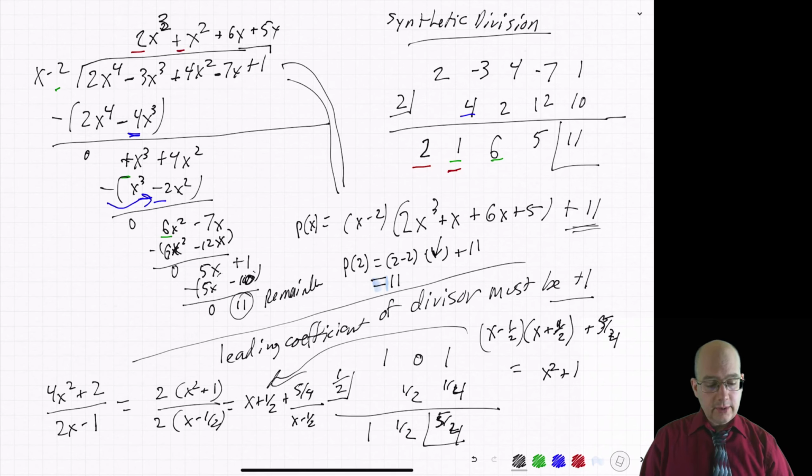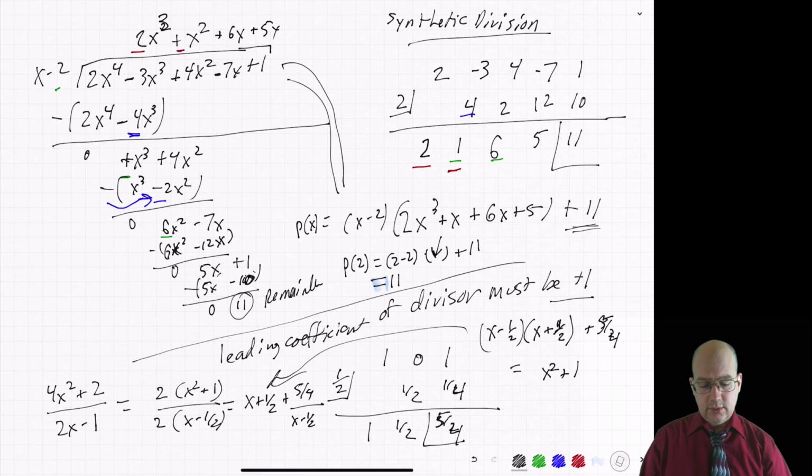And now think about it. If you were to compute the polynomial directly, so you plug in 2 in here, and you get 2 cubed, that's 8 times 2 is 16. 16 plus 2 squared, 4, so that's 20. Plus 6 times 2,